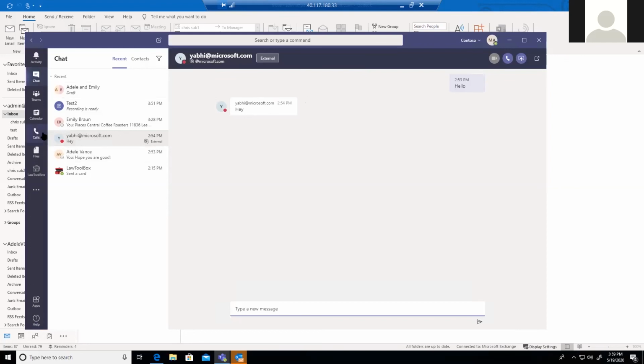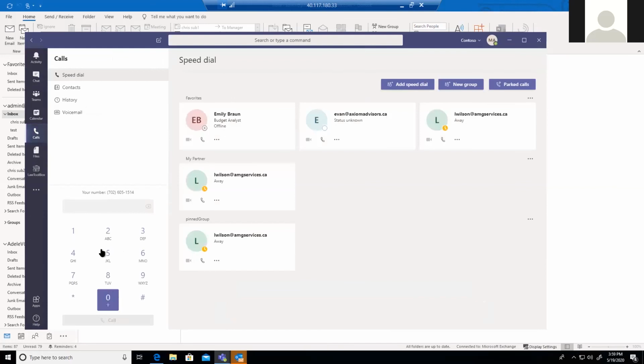But what if I want to call a mobile phone? Let's call any number, let's say Quentin's. I can just put the number here, whatever number Quentin has, and click on call. The same thing I can do when I'm using my phone. I can open Teams, and if I want to make a call to my business associate, I should not use my personal number. I can open Teams, be connected to the internet, go to calls, put that number in and make the call from Teams.